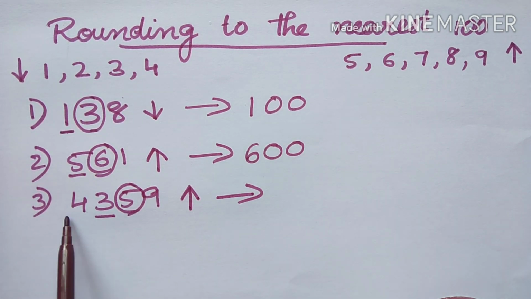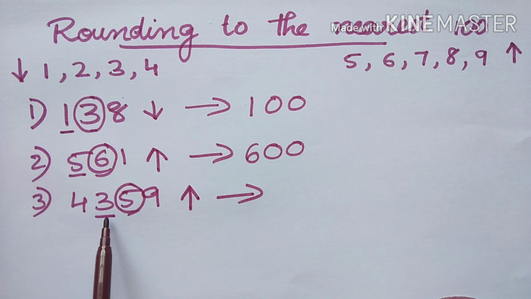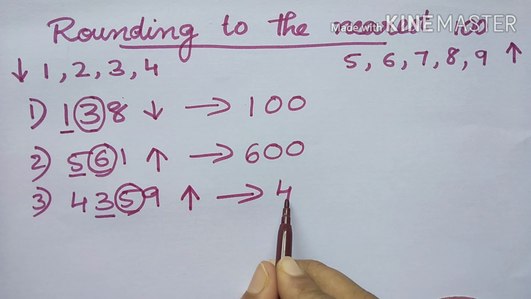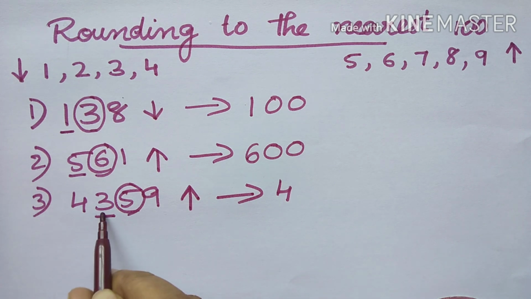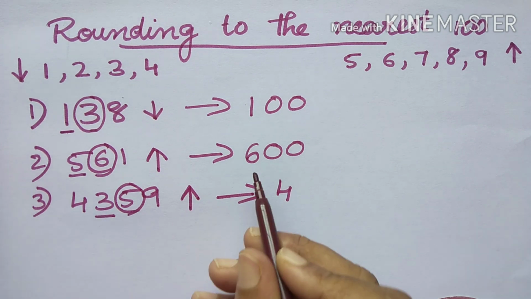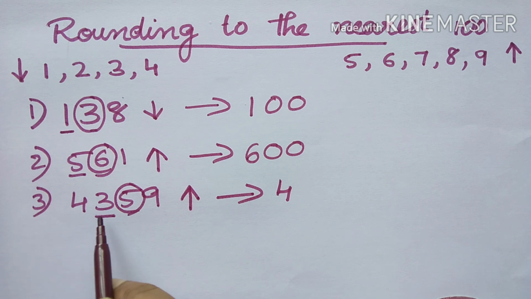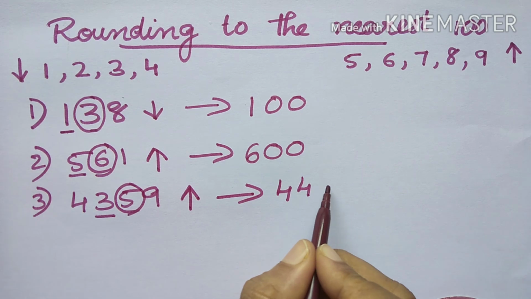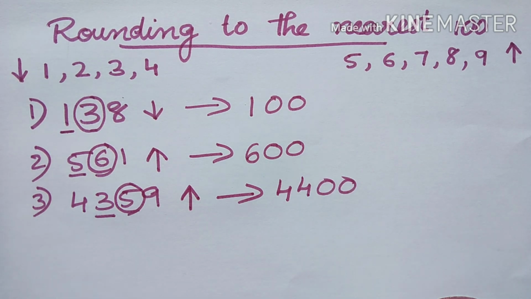Answer is this number. The number that comes before the hundreds place, you can write it as same itself. So I write this 4 itself. Then 3 you have to round up. That means write the number that comes after 3. That is 4. Then balance number you can put it as 0. Fourth example,